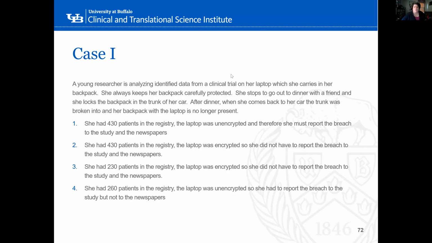So someone else is saying 1 as well. No, this was 4. Okay, well, someone is saying 1 in the chat. So the reason that isn't correct is because you need 500 people to report it to the newspapers, just so you know. All right, let's go on. So the correct answer to this one is what, just to make sure everyone knows? 4. Thank you. So everyone 4 for this one.